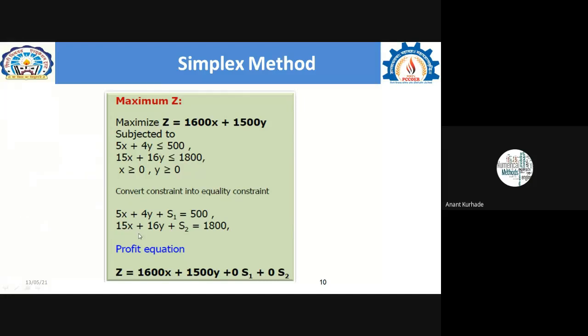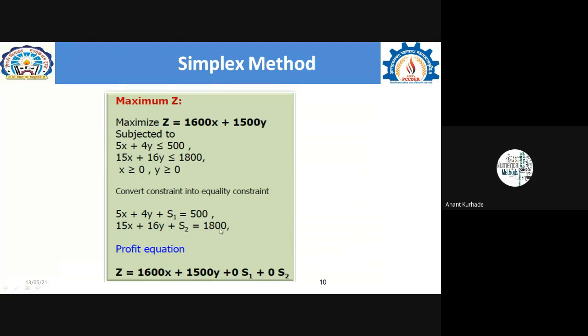So for your first step, convert the constraint into an equality constraint. You have to remove this less than sign. So you can write 5x plus 4y plus s1 is equal to 500, and 15x plus 16y plus s2 is